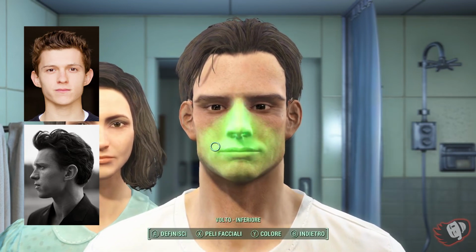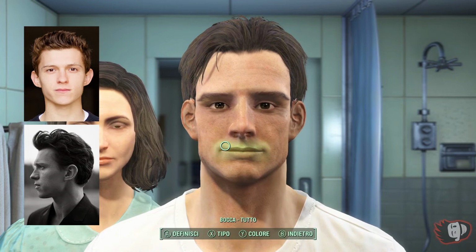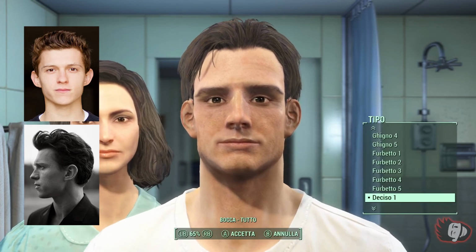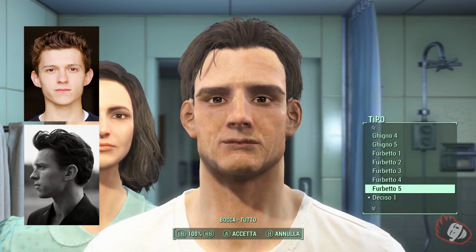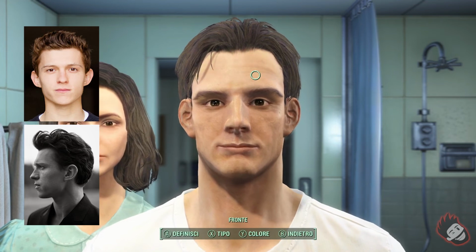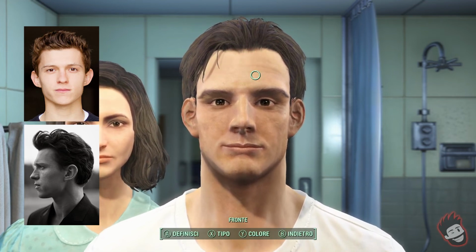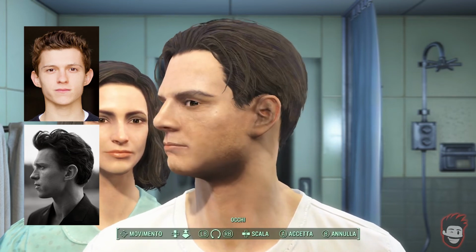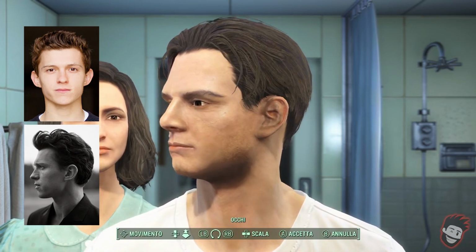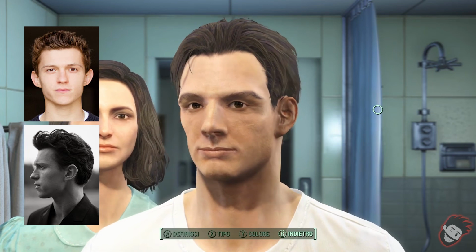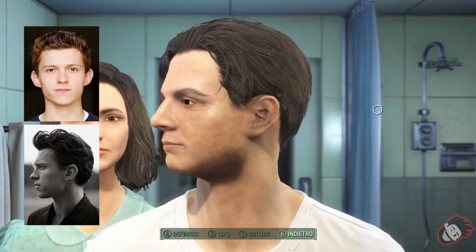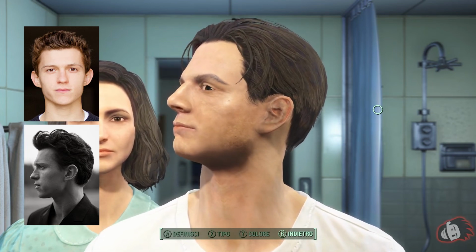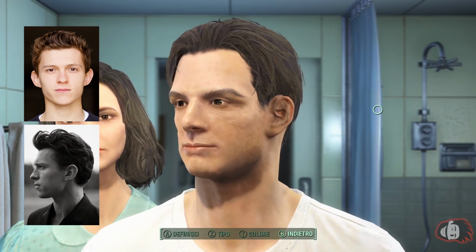Now we need to fix those lips. Pick the mouth type that's called something like Smart 1 and make it a little bit more smiley. Remember to compare the Fallout 4 character multiple times with pictures of the actual Tom Holland through the process. In this case I noticed that the bones behind the eyebrows need to be put a little bit more behind. Also, ask advice from someone else that is there. My brothers told me that the eyes were a little off and I fixed their size and position.